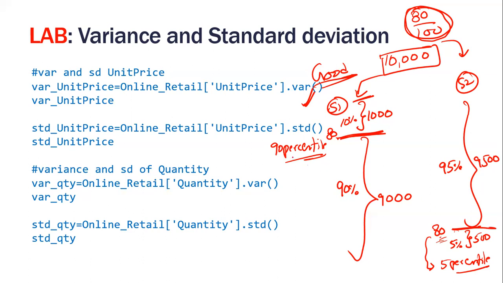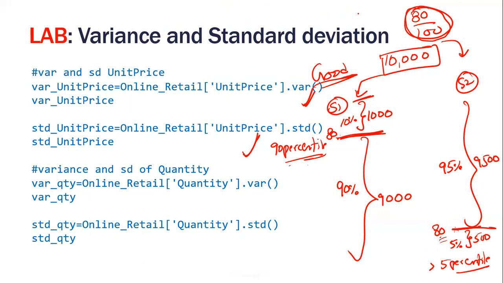If it is scenario 1, if you are standing at 90 percentile, below you 90% of the data is there, then you're doing a good job. But if below you only 5% of the data is there, 5% of the population, then you're not doing a good job. Sometimes looking at a standalone number, say 80, or a standalone number X, you will not be able to decide whether X is a higher number or a lower number. You have to compare it with the rest of the population.